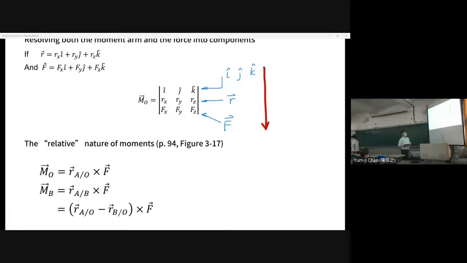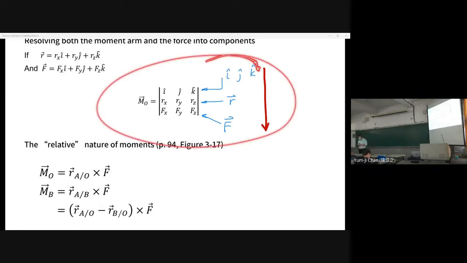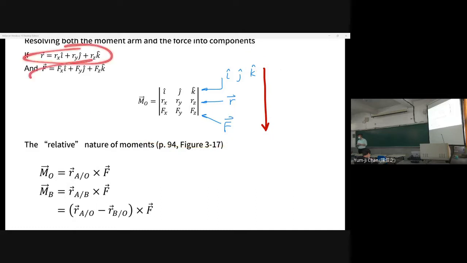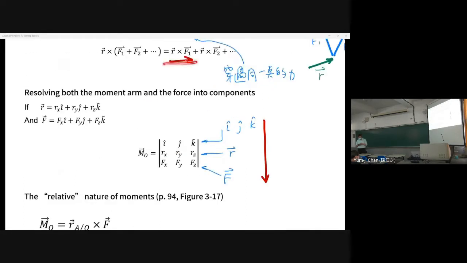And before the break, we talked about how to calculate the moments if both R and F are in 3D and have X, Y, and Z components. Remember, the first row we have I, J, K, the second row we have R, and the third row we have F. You can check this by going this way and then this way. Now,